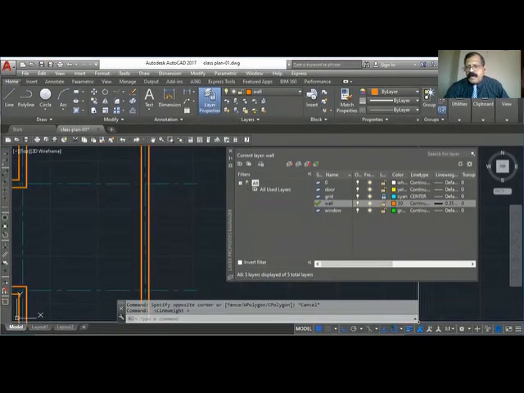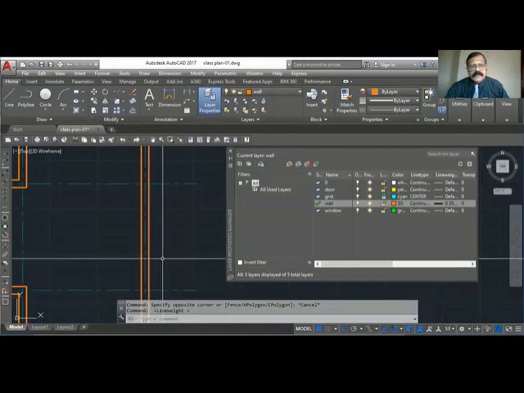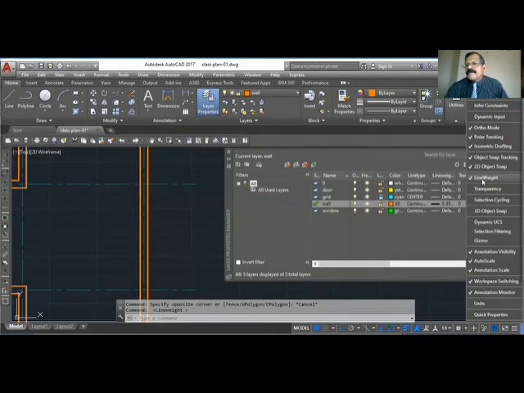White means off, so it is thin. Now it is thick because it is on. Line weight is on. So you go to the bottom, customization, and make the line weight on.